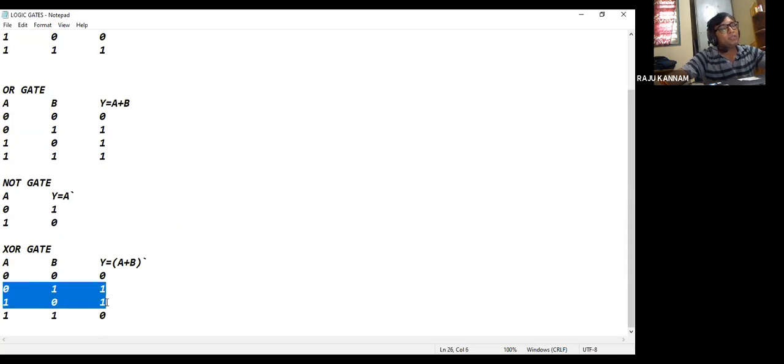If both the inputs are equal, whether it may be 0 or 1, the output will be 0. If both the inputs are not equal, either 0, 1 or 1, 0, the output will be 1. So the same logic will apply there.